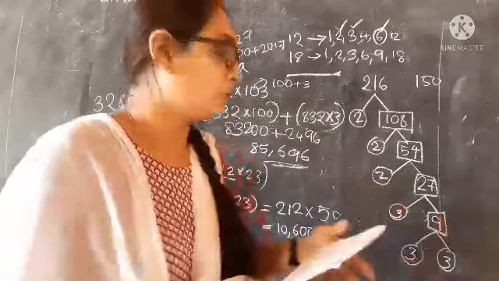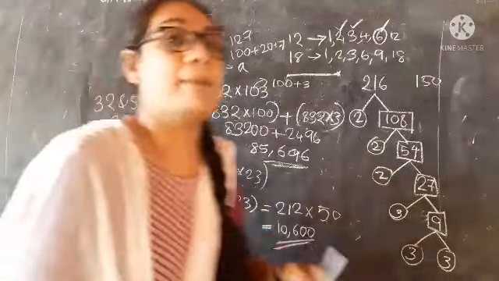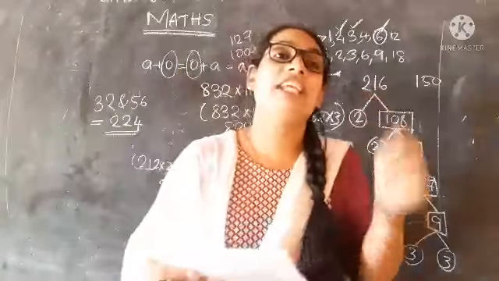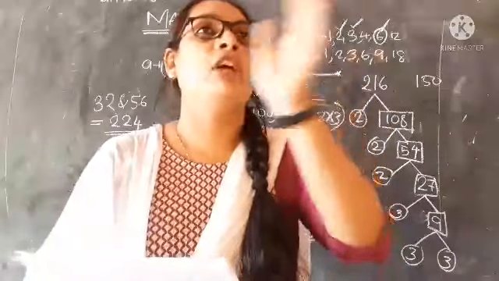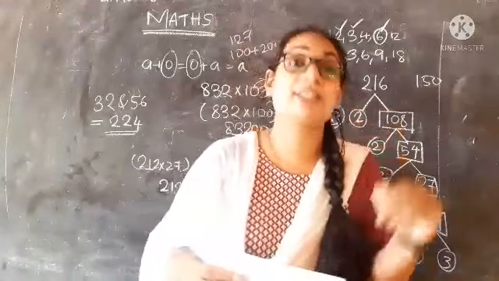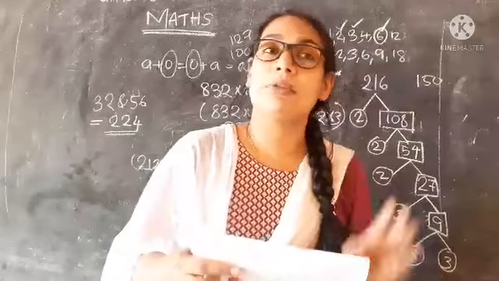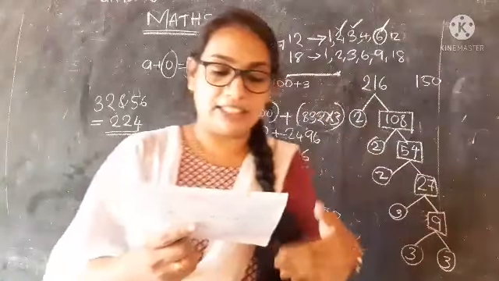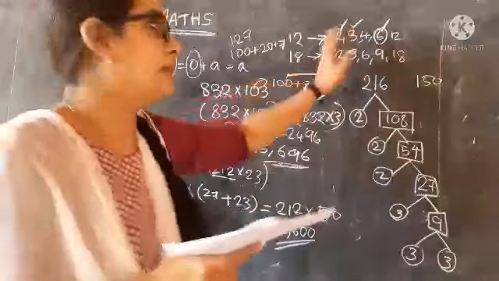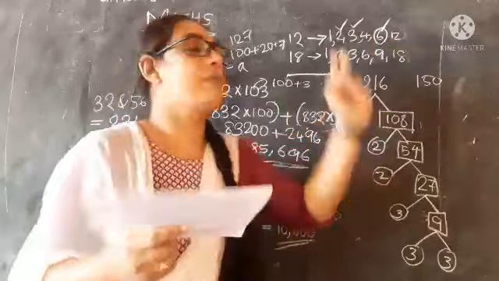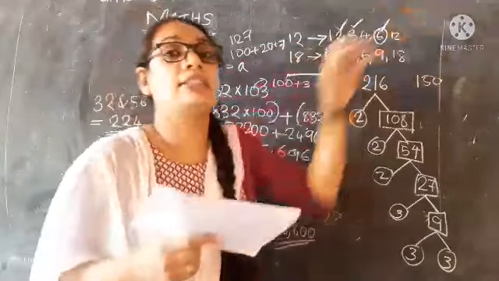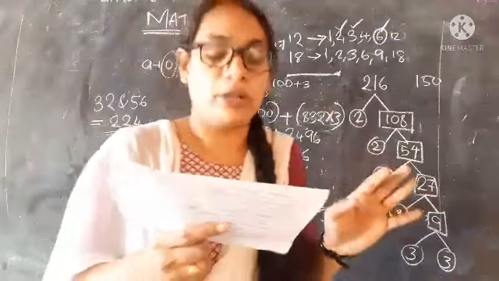You know how to find the LCM. First of all, you write the common multiples. So write the multiples of 15 and 25, and find which is the least common number. There are a lot of common numbers, and among them find the least common number, and that will be the LCM of the two given numbers. And sixth part, find the HCF. We use the same method for finding the HCF of two numbers. You need to factorize the numbers first and find the highest common factor included in them. No doubt in that question.